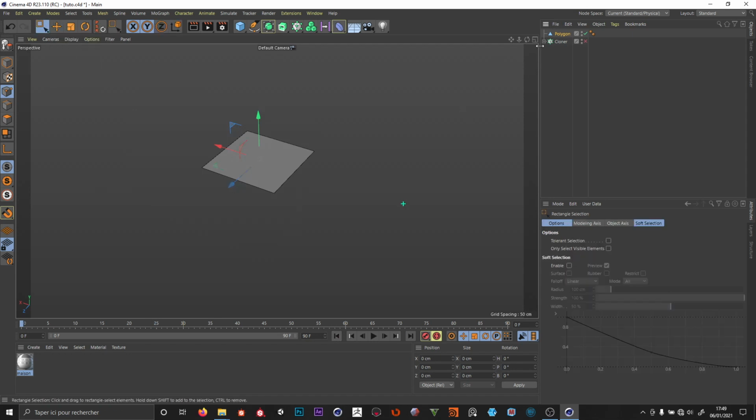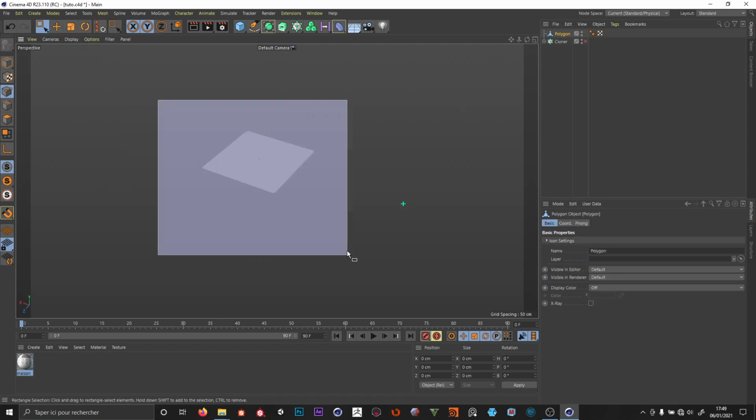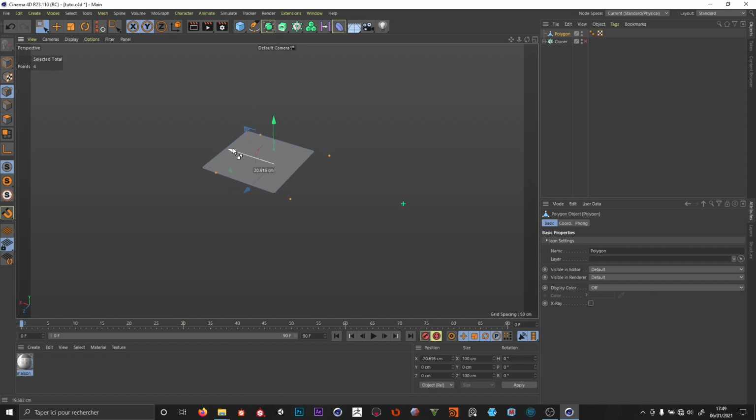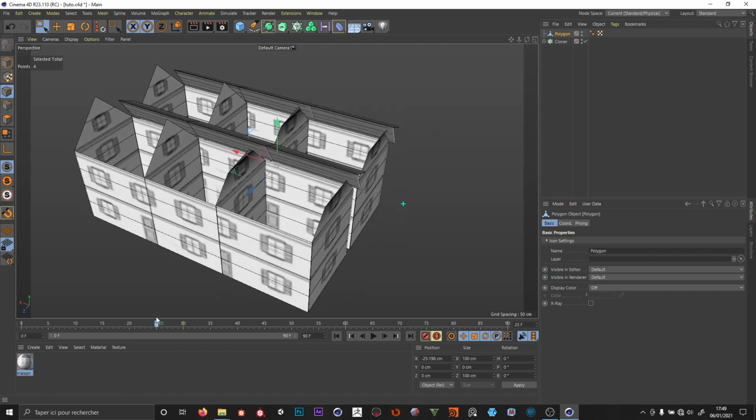And so my polygon, I'm gonna choose some vertices, control drag, I make 4 new vertices, UI to invert and delete the extra vertices. So here we just have 4 vertices,